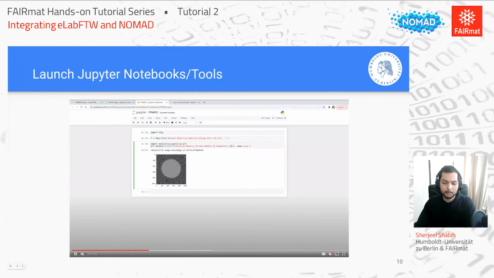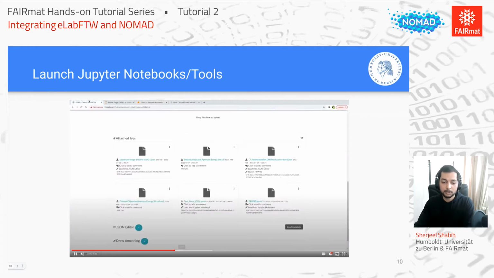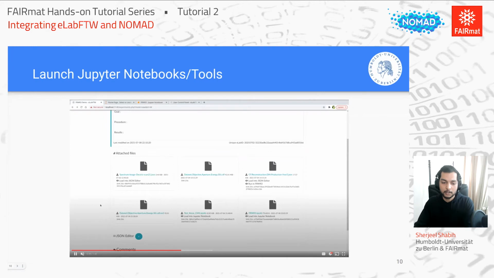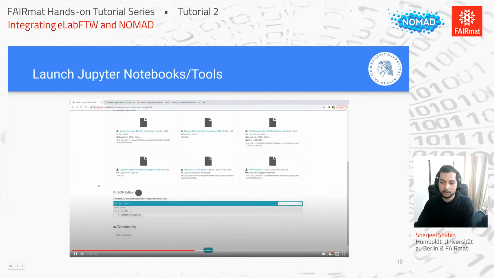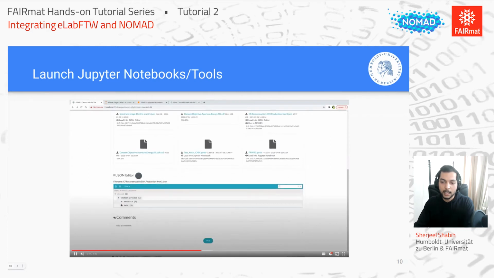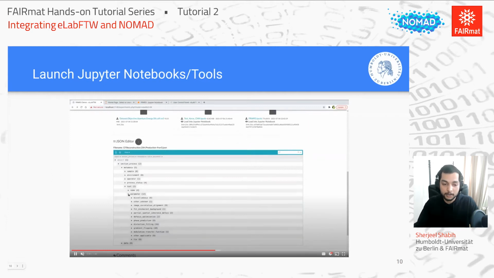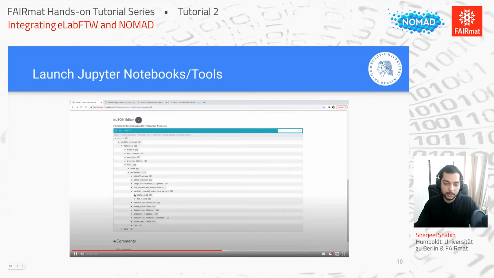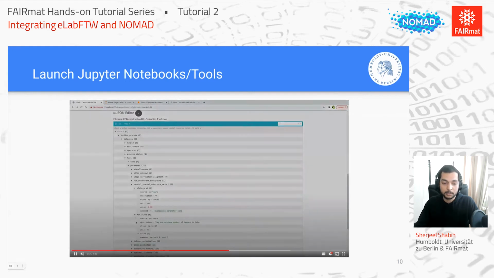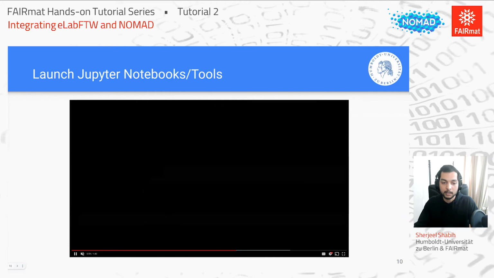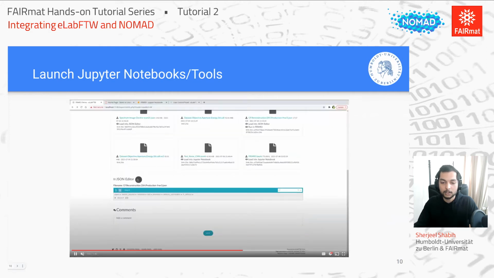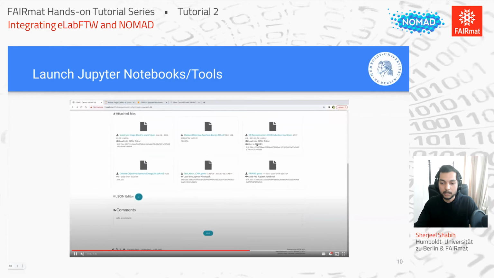But I guess the fancier or more interesting one is the ability to launch other tools, not just Jupyter Notebooks. So we have an in-house tool called the FRWR. It's a reconstruction algorithm. And here we show how we can store the configuration JSON file. So all the parameters that we would possibly like to change could be extracted into a JSON, and the user can edit them here. And then once you click run in FRWR3 on the same configuration file, it takes all